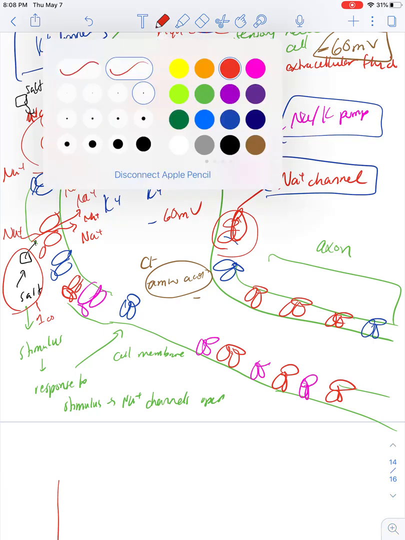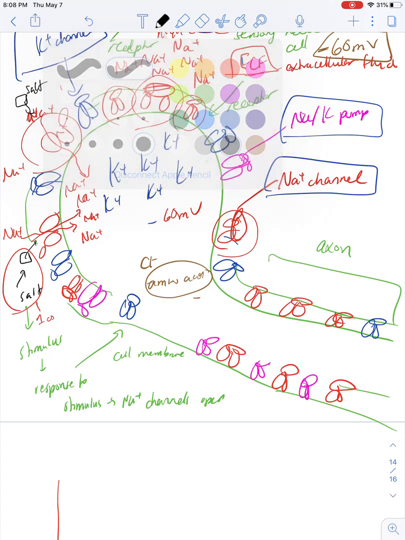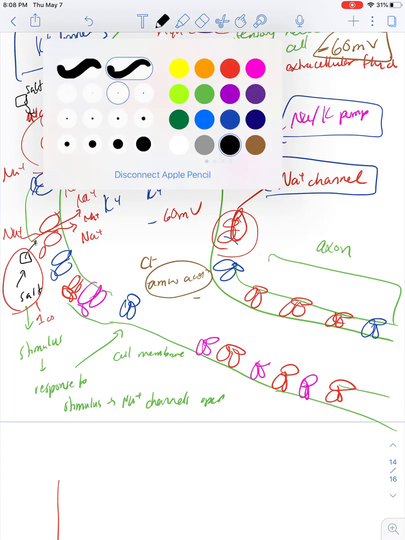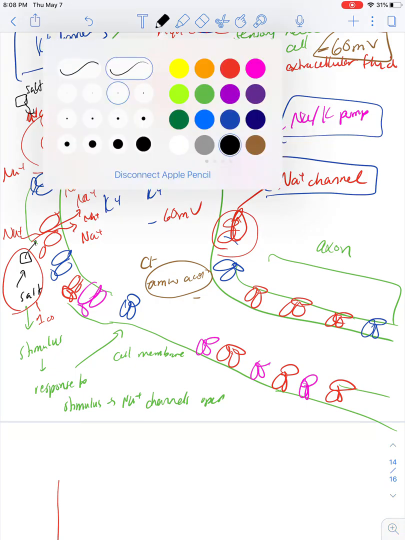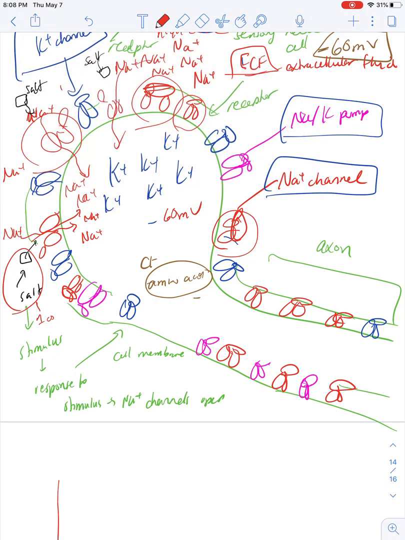But let's say you eat another molecule of salt. There's another molecule of salt, and in response, that sodium channel opens. So now you get three sodium channels open, and guess what? When that sodium channel opens, you have reached your magic number, negative 50 millivolts. So the stimulus is the salt. As you add more salt, more sodium channels open. And when the inside becomes positive enough to hit what we call threshold, which is negative 50,